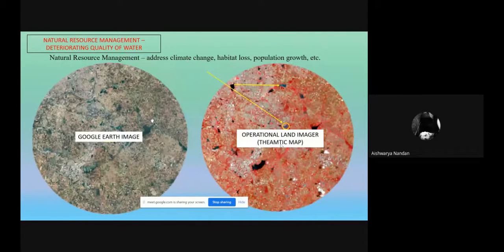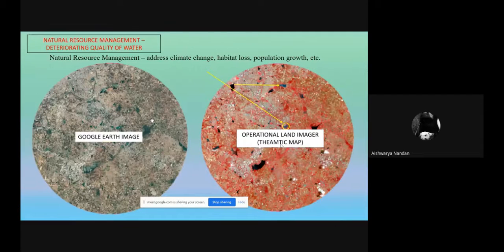These are images of Google Earth and OLI. OLI is basically a satellite, the Operational Land Imager. It's at a distance of approximately 30 meters from the Earth. Now, you can see it's of the same area. You can see the lakes, which I've highlighted with yellow arrows on the Operational Land Imager picture.